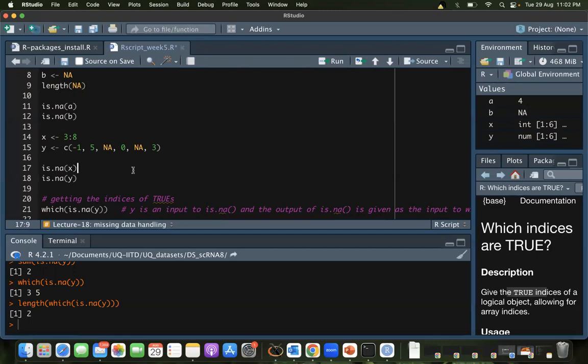So that's what we want to do, right? Right now we are getting trues for these positions. Now, if my question changes to which of these are not NA, then I would like to get a true on these positions, right? So do you remember what expression, what symbol is used to exchange trues and false?